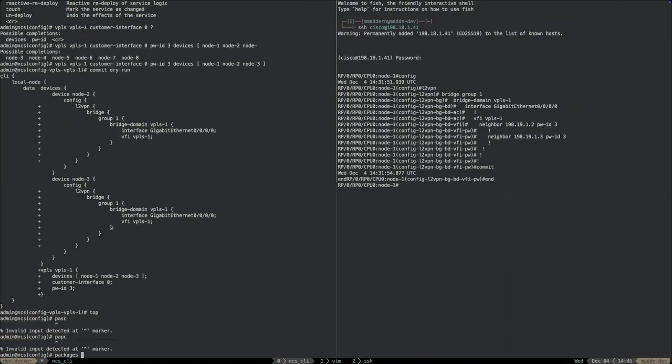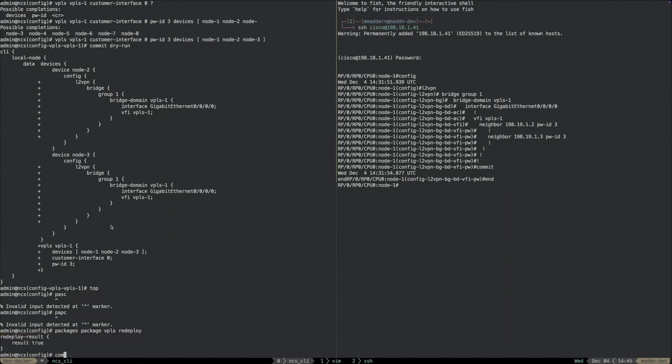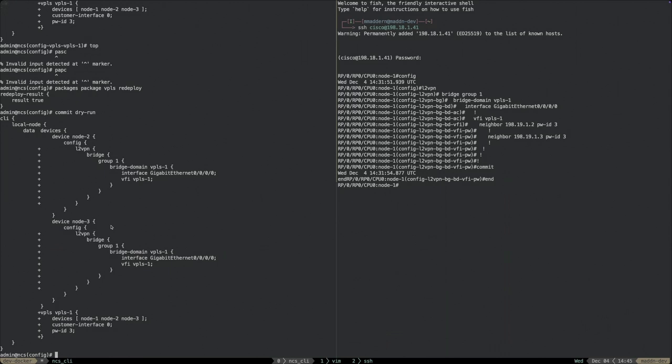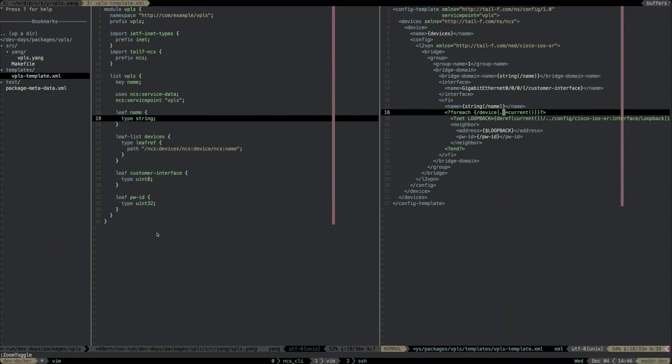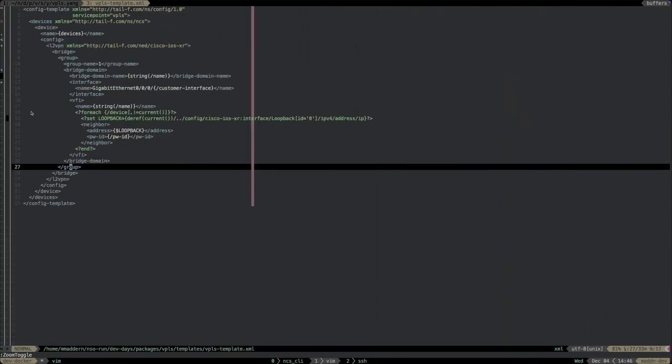So we can use the redeploy feature here. Test it again. Still didn't work. Test again. Let me have a look. So for each, so we're saying here for each device that does not equal my current device,